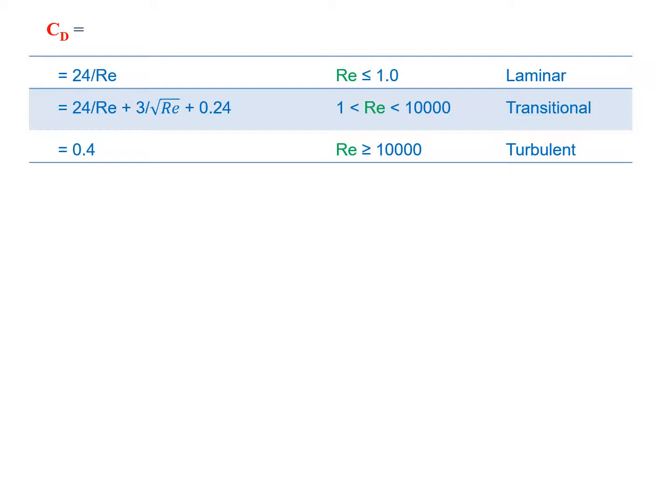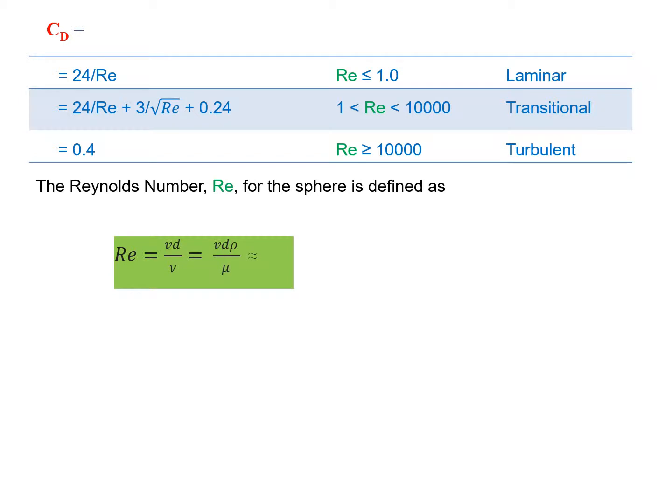For Reynolds number less than 1, we classify the fluid as laminar, and CD will be 24 over Reynolds number. So CD for Reynolds number between 1 and 10,000, which we classify as transitional fluid, will be 24 over Reynolds number plus 3 over root of Reynolds number plus 0.34. And for turbulent flow, where Reynolds number is above 10,000, the CD or drag coefficient will be 0.4. And the Reynolds number Re for the sphere is defined as